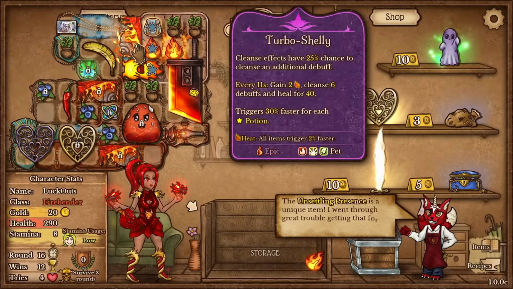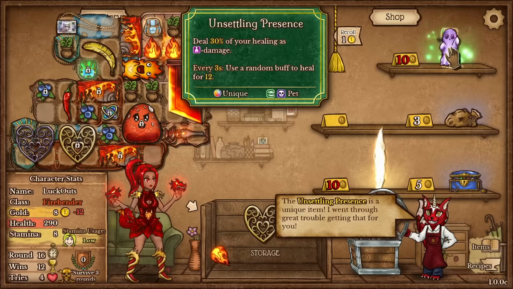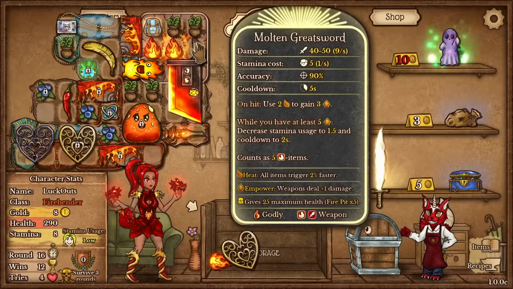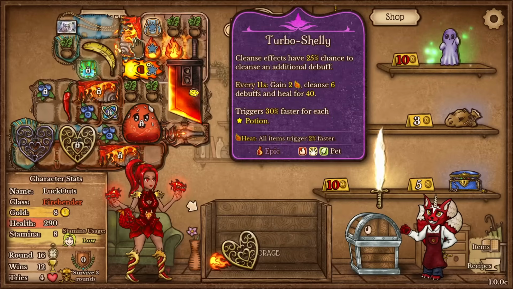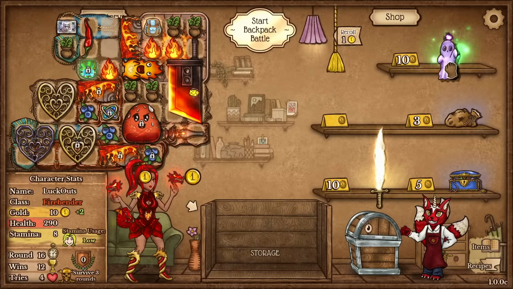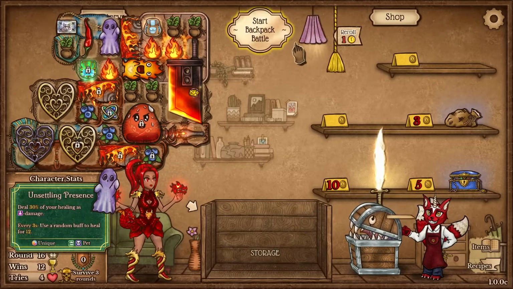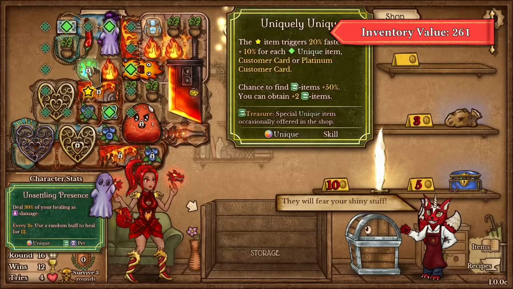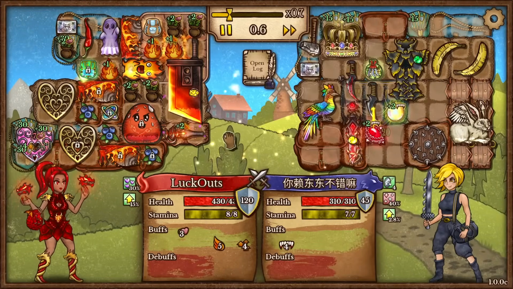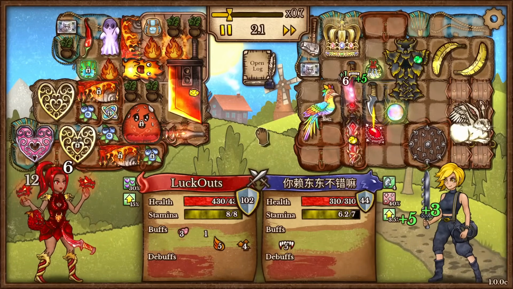But we got our 3rd Turbo Shelly. Let's grab a heart container. We did get an Unsettling Presence, which deals 30% of your healing as damage, giving our Turbo Shellys damage. Which, doesn't that sound amazing? I think I'm gonna sell a banana to actually grab it for now. Which might be a bit of a misplay, to be honest, but giving our Shellys damage seems kind of crazy not to take it. It is going to eat up a lot more of our buffs,